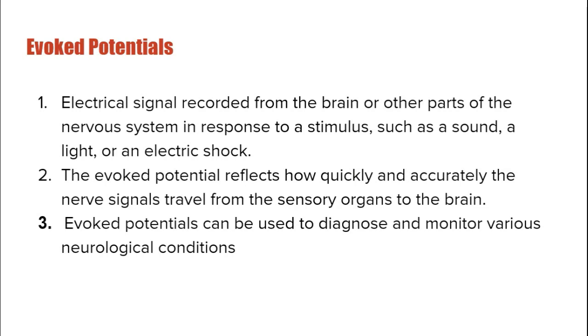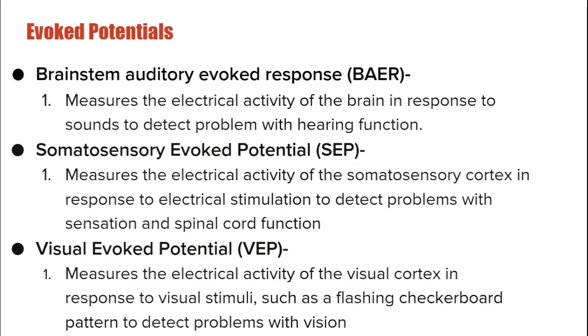The evoked potential signifies the signal that is transferred from the sensory organ, like the skin or the eye, to the brain in a period of time, on the basis of which we can diagnose whether the pathway of the evoked potential transfer is correct, or maybe needs some work. Now there are some types of evoked potential that we take into consideration, like brainstem auditory